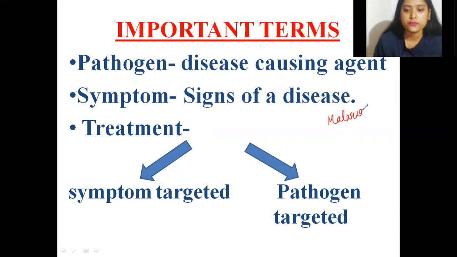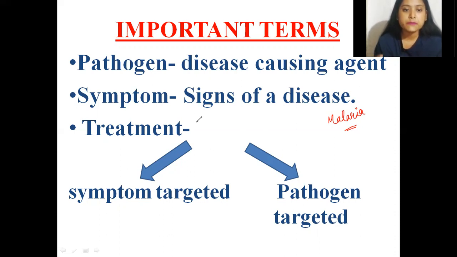I'm giving the example of malaria because this is a disease which is quite common, and these are the signs that you are going to suffer from if you have malaria. So a symptom is something which shows the signs of a disease, and after the diagnosis of those signs you are going to get proper treatment for the disease. Next we have treatment. We know what treatment is, but again these are the terms we will encounter in the whole chapter. So let us see what treatment actually is.